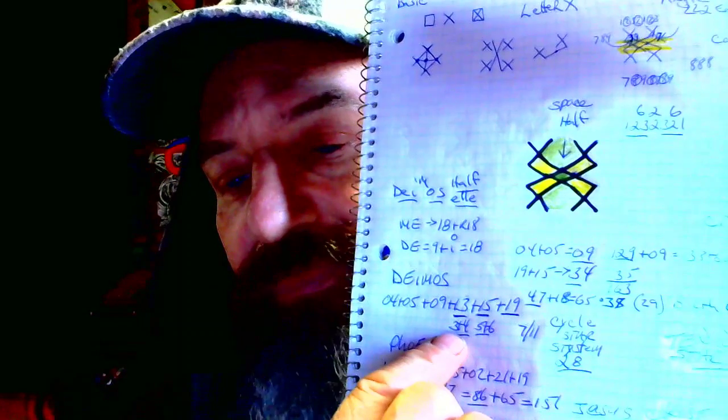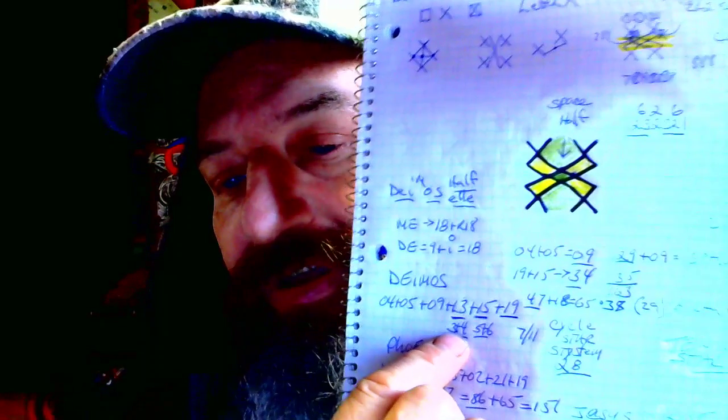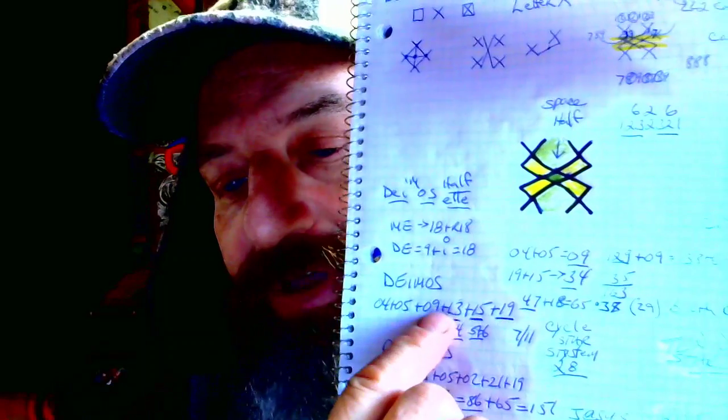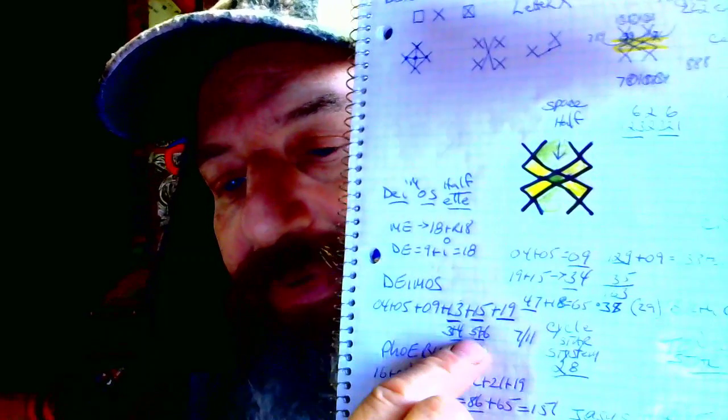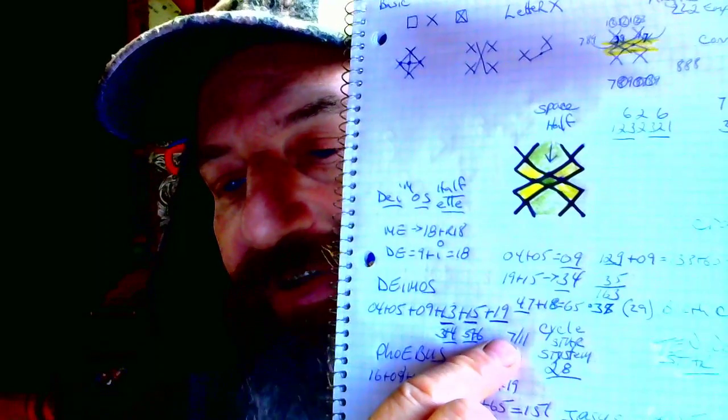Where did I get this 34? I don't remember, but that's where it comes in. It is 3 and 4. 1 times 3, 1 plus 3: 3 and 4. 1 times 5, 1 plus 5: 5 and 6, 7, 11.